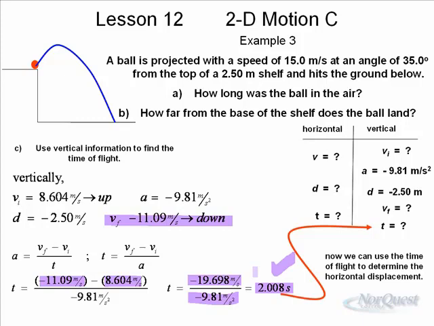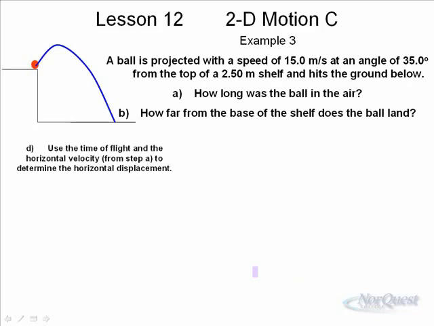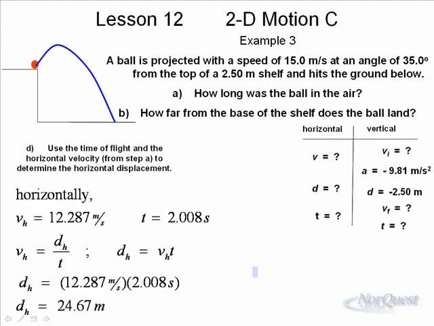So now that we know the time of flight, we've answered A. How long was the ball in the air? 2.01 seconds would be a good answer. And of course, we need now to find the final answer. How far from the base of the shelf does the ball land? So, using the time of flight and the horizontal velocity from step A to determine the horizontal displacement, again, we